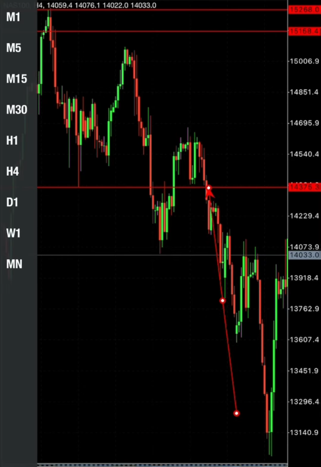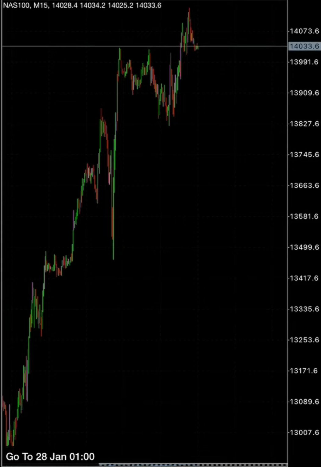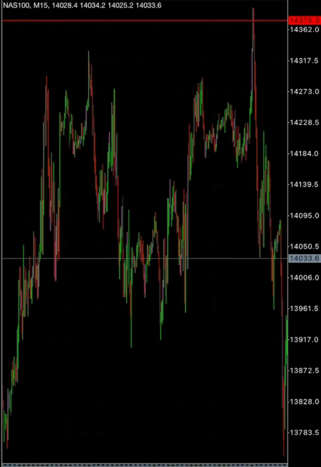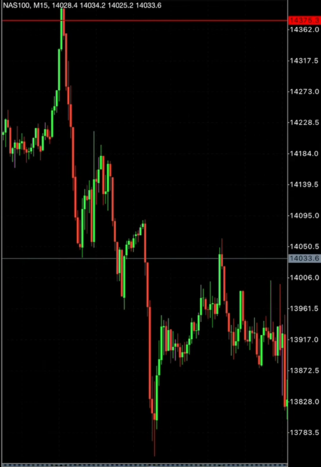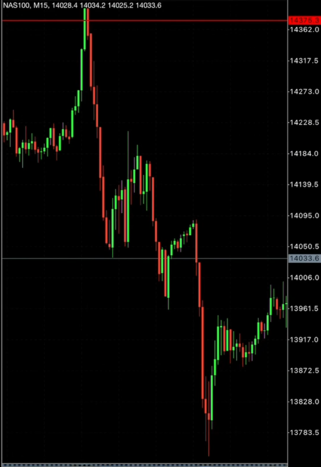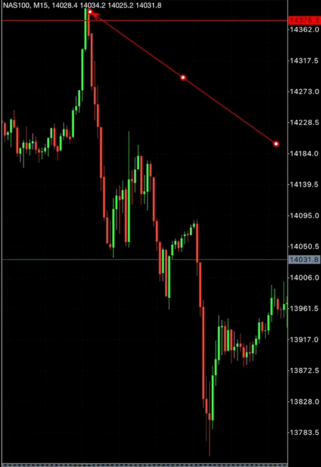Then switch to a lower time frame, just say M15. Now immediately at the close of that candlestick in the neckline in that lower time frame,